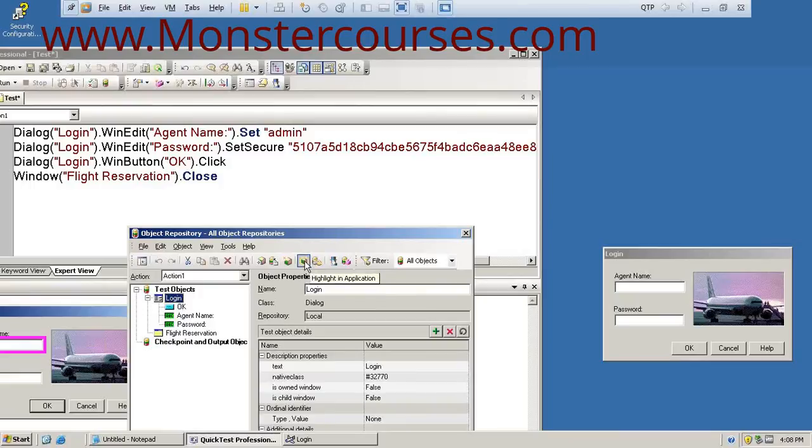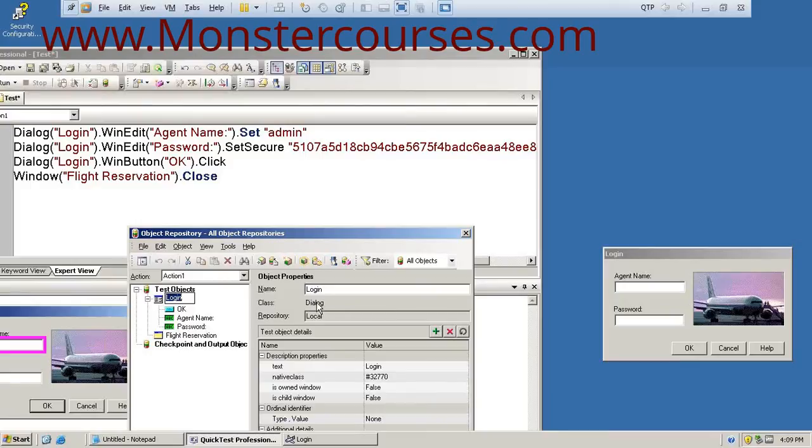Here you have an option, highlight in application. Just click on that. In the sense, now this application is getting recognized using the test object as login. But this login has been identified using the name property as login and using the class property as dialog.